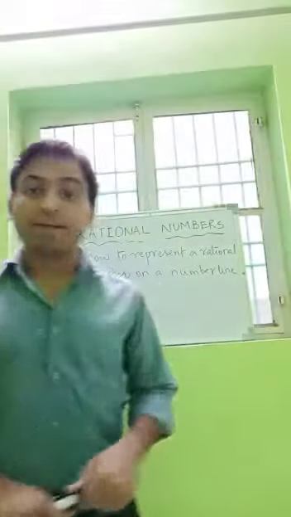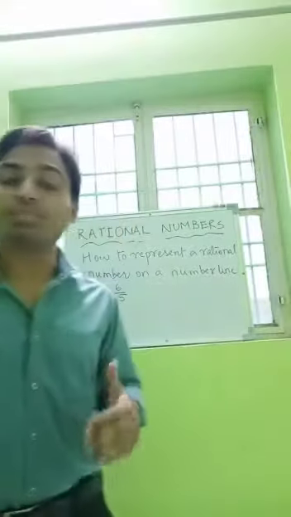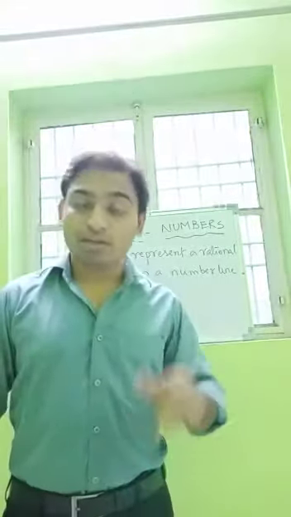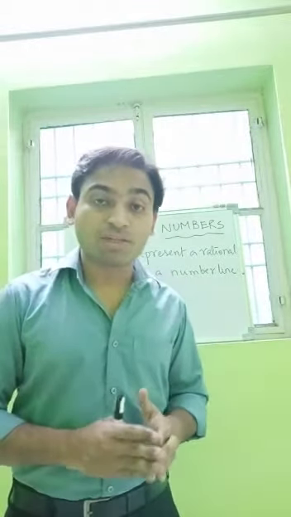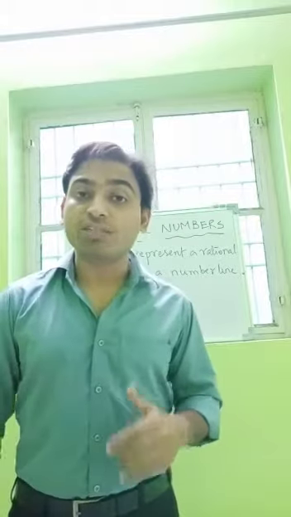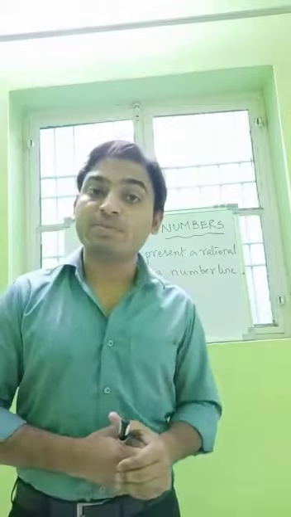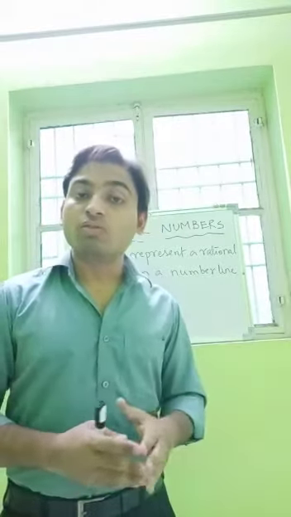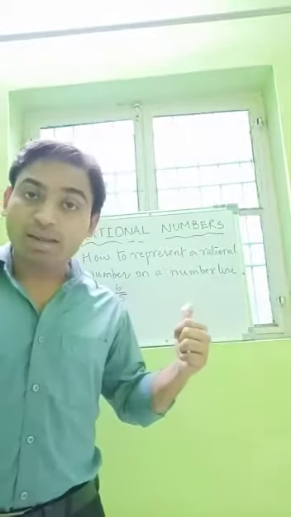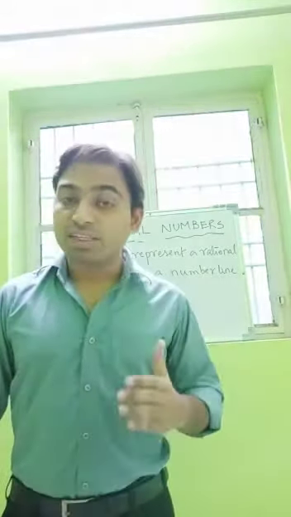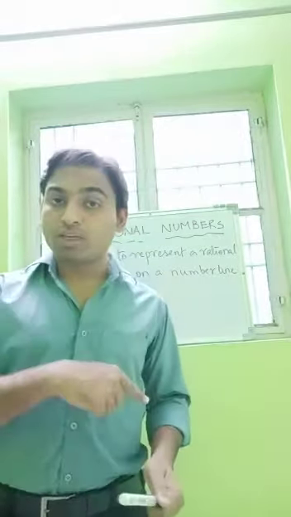Now pay attention. Here I am taking another example of a rational number, which is 6 upon 5. Now we are going to represent 6 upon 5 on the number line. See, this time 6 upon 5 is not a proper fraction. This means that it is not going to lie between 0 and 1. It is going to lie between another two numbers. So which are those two numbers? First of all, think: it is an improper fraction. If the rational number is improper, convert it into a mixed number.